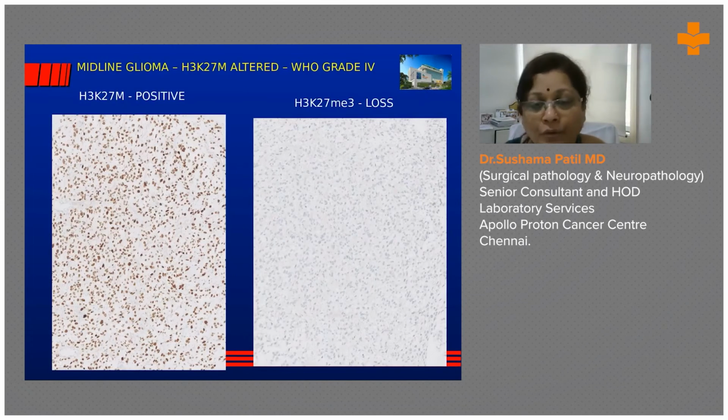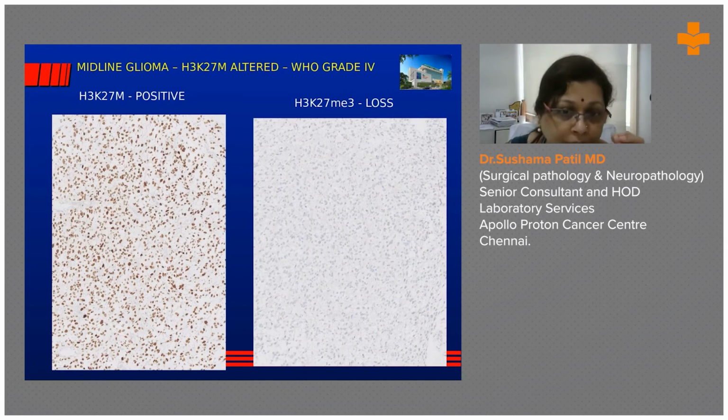When we are dealing with the midline, right from the thalamus, brainstem, pons, medulla, anywhere they can occur. Whenever you have tumors localized to these regions, they can be enhancing or non-enhancing. They can look very low grade, but we always end up doing one marker called the H3K27M antibody. Now we do that test, and if it is mutant, that means there will be a lot of mutant protein in the nucleus, and it will be highlighted. On the left hand panel, you can see all the brown dots are nuclei showing the aberrant expression of H3K27M